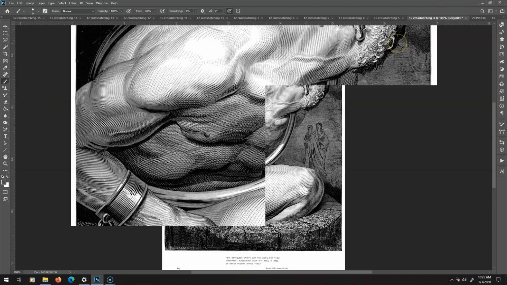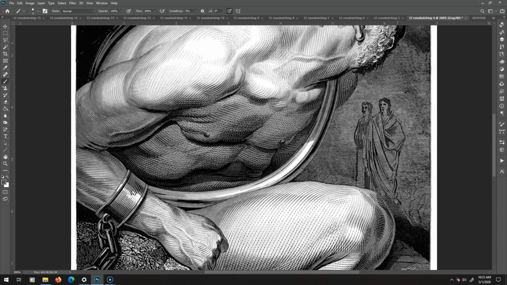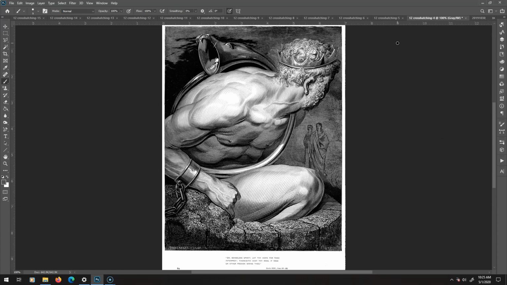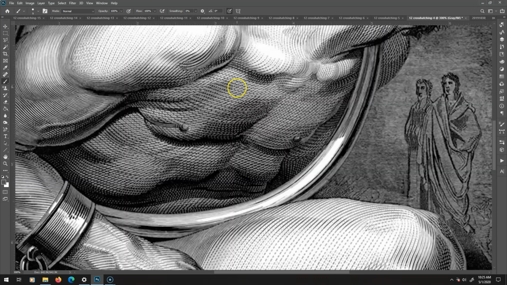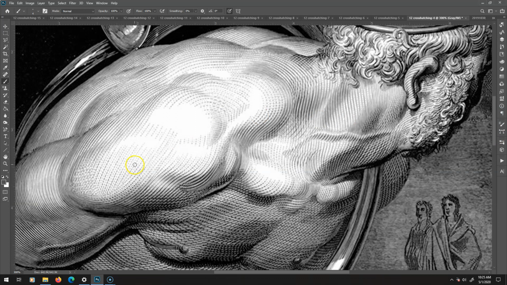Here we have an etching by the artist Panamaker. He was doing this based on a painting by Gustave Doré. So you get all of the value changes that you want. But if we go closer, it's going to be a little blurry here. We'll see how much work is being done with the line